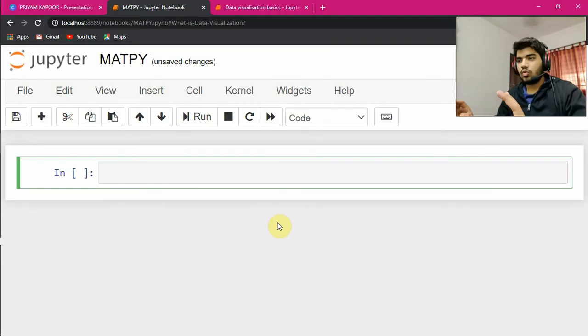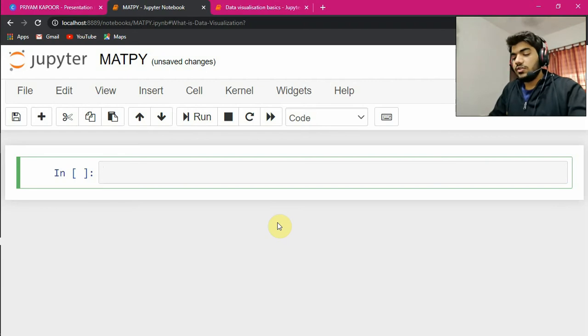So guys, I am over here on the Jupyter notebook. People who are trying to get into data science, I request them all to definitely use this particular software and it is very easy to use and it has a lot of features in it. I will definitely make a video on how to use Jupyter notebook as well, but meanwhile, let us talk about